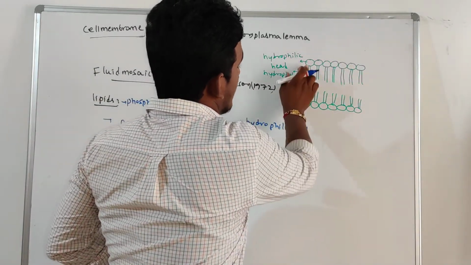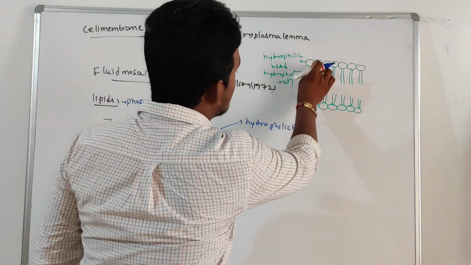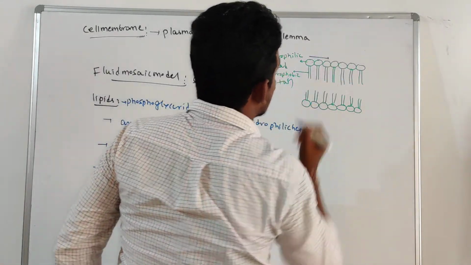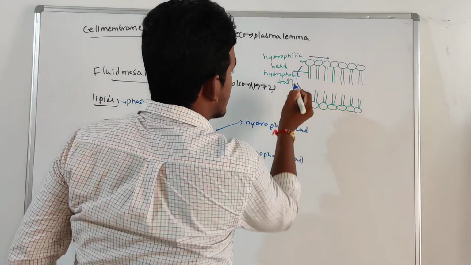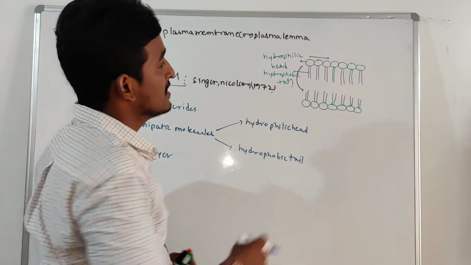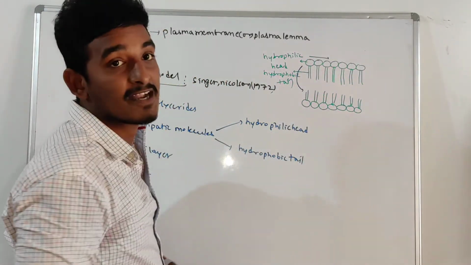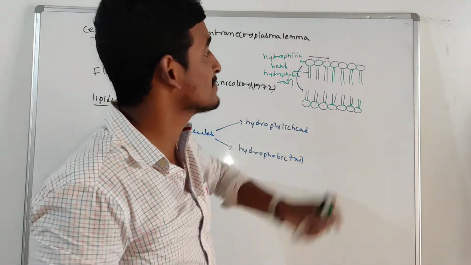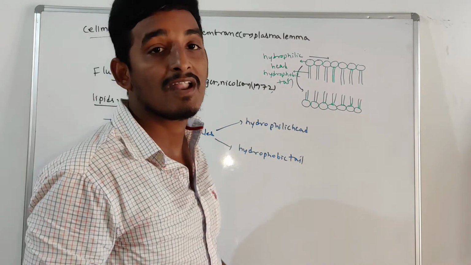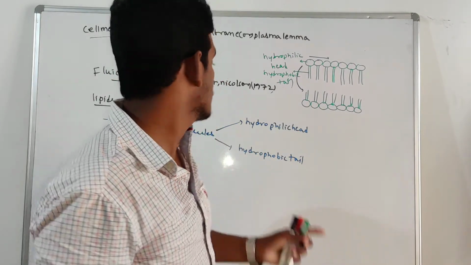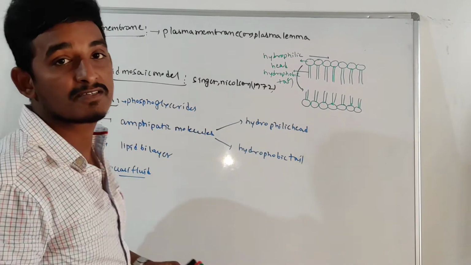So sometimes the proteins or lipids move in the same layer, or sometimes they move in this manner, into another layer also. If it moves in the same layer, then what we call that type of movement is a lateral movement. If it moves in this manner, then we call it a flip-flop movement. All of this is with the help of the quasi-fluid nature of the lipids, right?